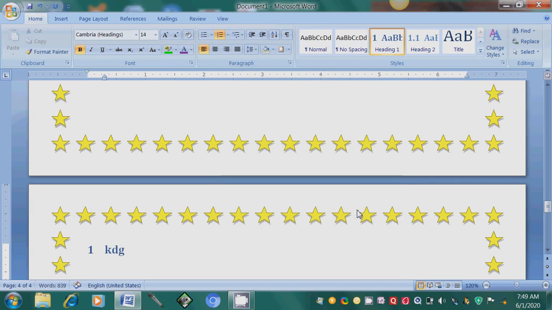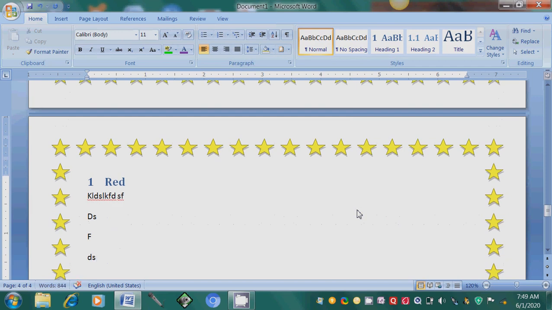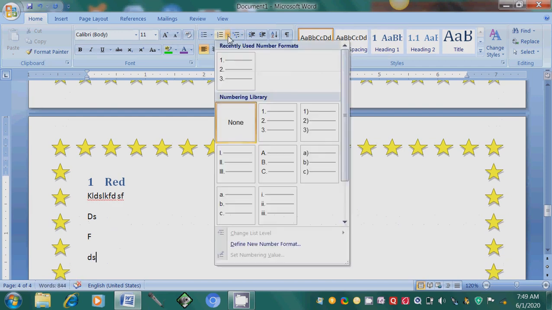Take an example: 1, I am writing something, red, enter. This way this list will be prepared, but not multi-level.